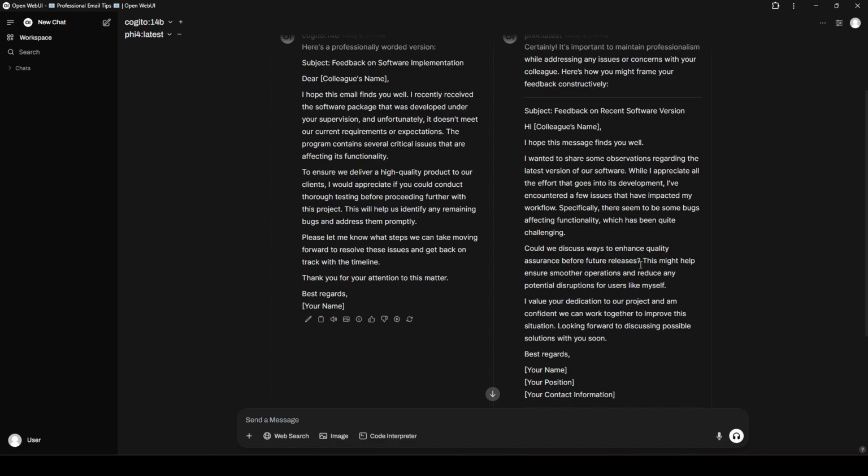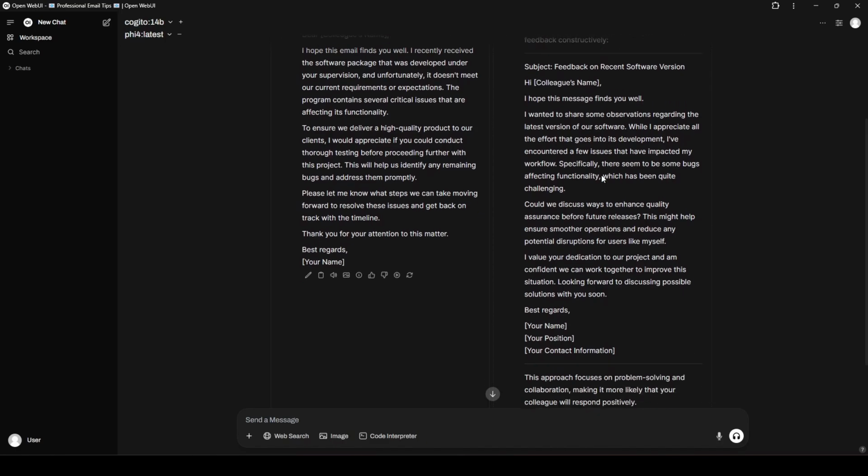So the reason I like to use large language models to help me is because they can help me figure out a structure for saying what I want to say and give me a different perspective on how I can phrase it nicer and more professionally. So when I look at the one over here on the left, it's fine. It's just not what I would prefer, if that makes sense. The one over here on the right is still what I would prefer.